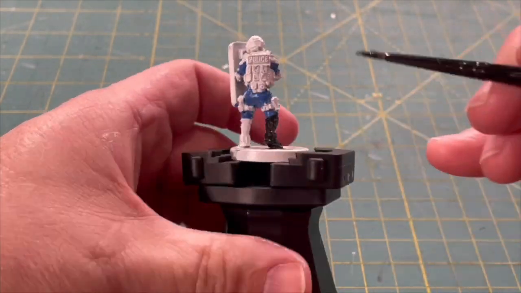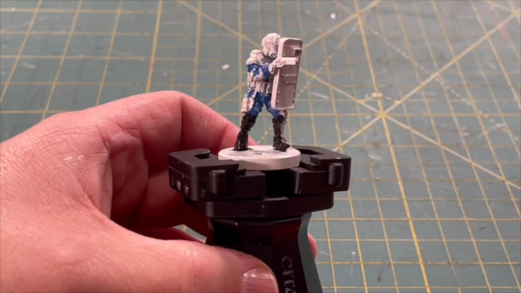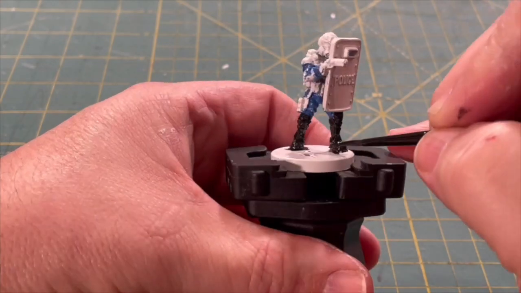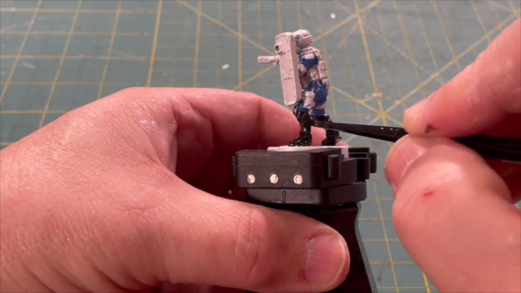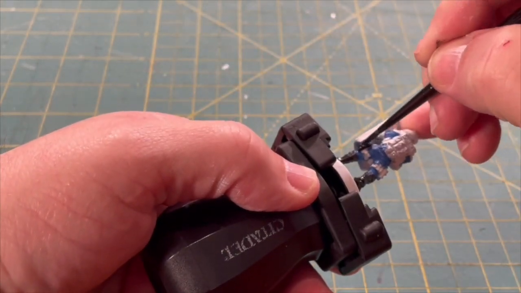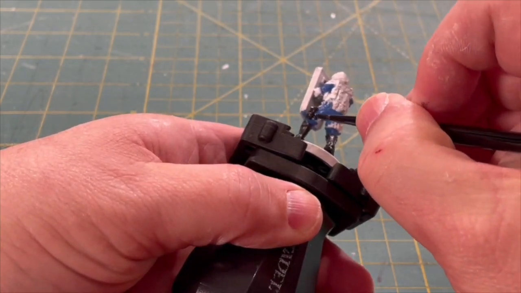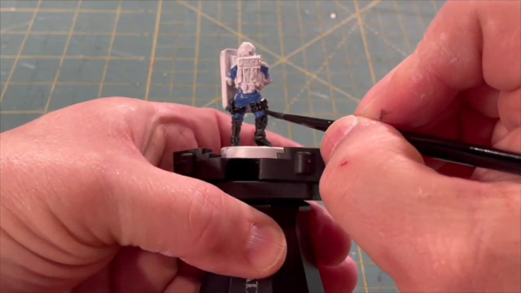Continuing on with the matte black on his leg armor, and as we said last time, you can really tell how easy these models would be if you're speed painting them. You do the legs on one, then you do the legs on the other, then you do the legs on the third, then you come back and you do the flak jacket on the first, and then the flak jacket on the second. And speed painting is really a cool way to get a lot of painting done in a fast time frame,